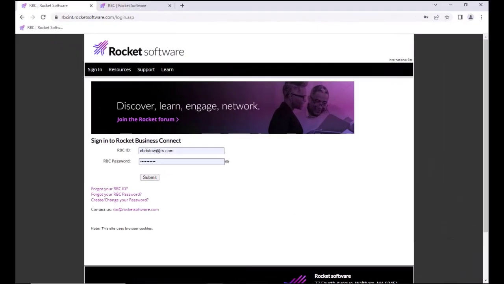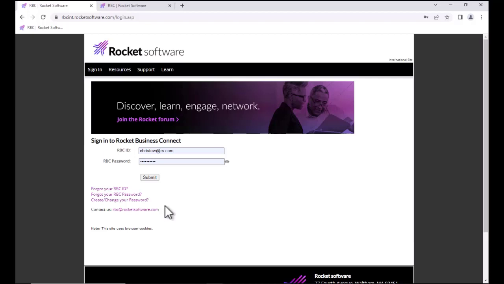The MVX server registration is highly dependent upon your RBC details, so we need to make sure they're correct. Here we are with the browser window looking at the RBC site at the login screen, and you'll notice that you're required to have an RBC ID and a password. If you don't have an RBC ID, you would need to contact the RBC team at the contact details down here below,